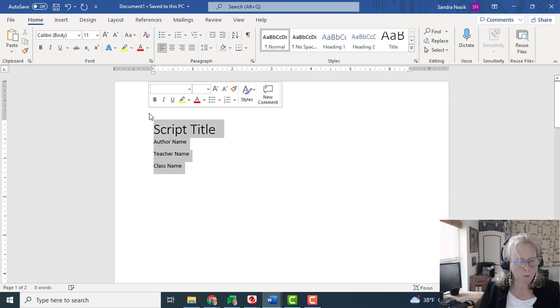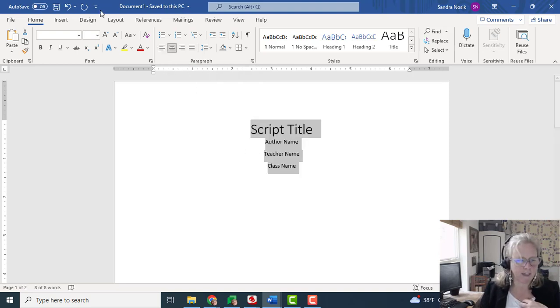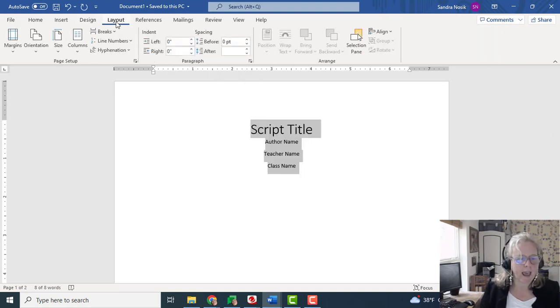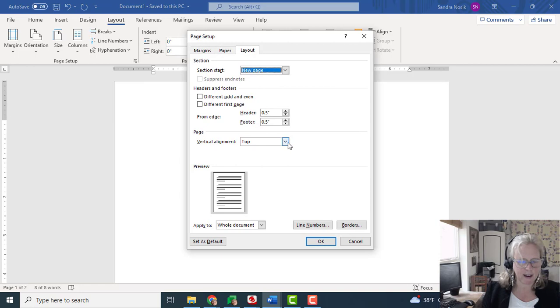So now I want to have this centered on the page. So I'll hit the center page button. And then I go to layout because I want all of this to be centered on this page top to bottom as well. If I go to layout under page setup and click on this little thing here, it takes me to a screen that shows me a page vertical alignment, and I want that to be center alignment. So I'm going to hit that,